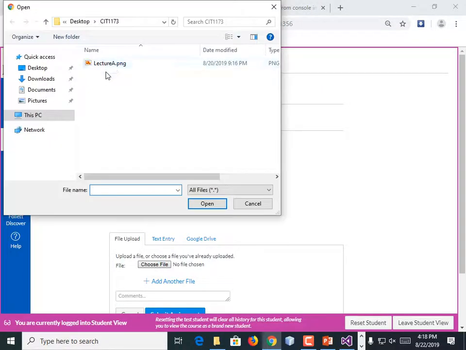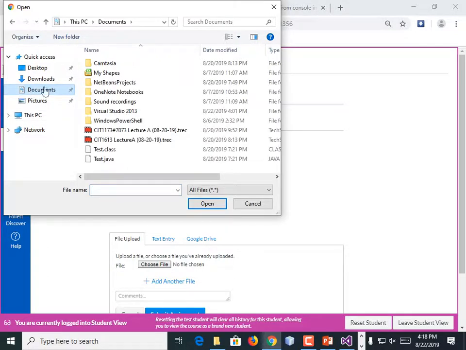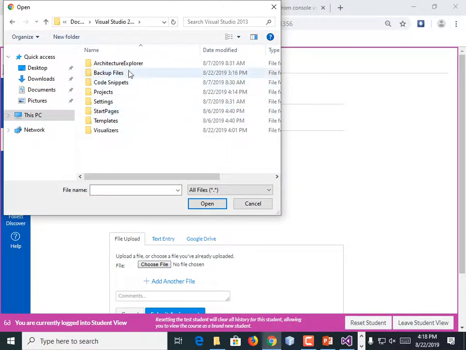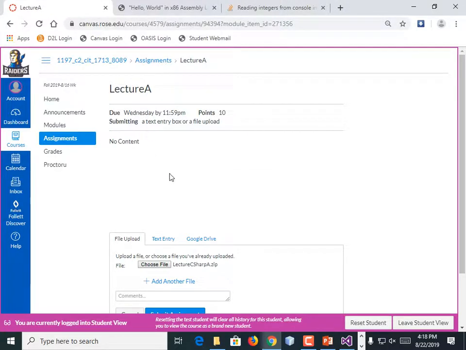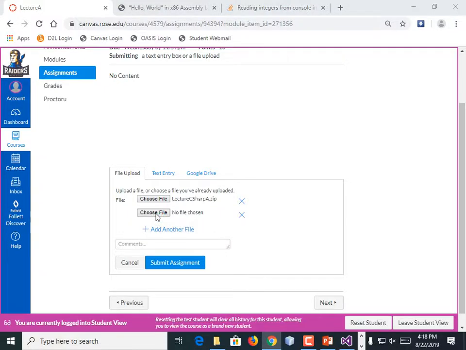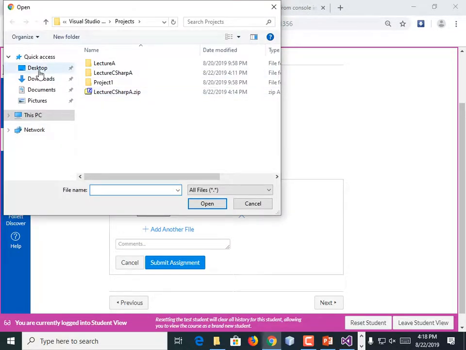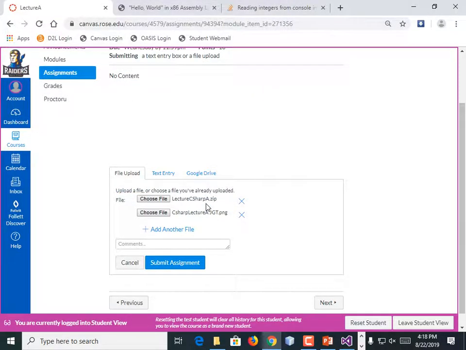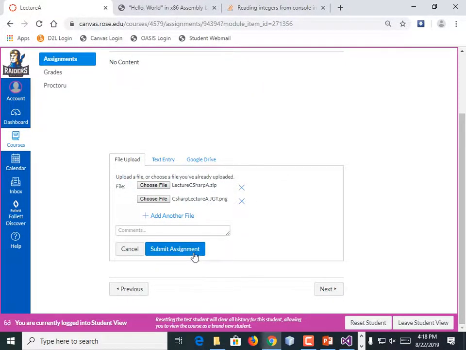I'm going to find that zip file in my Visual Studio projects. Or I could find the CS file specifically. Zip file is good enough. Also, add another file and choose the video review form, which I did not fill out, so I think I'll just upload my screenshot if you took one, and submit the assignment.